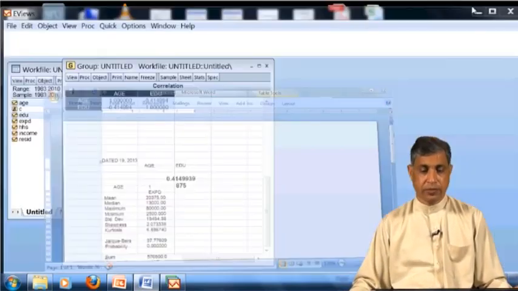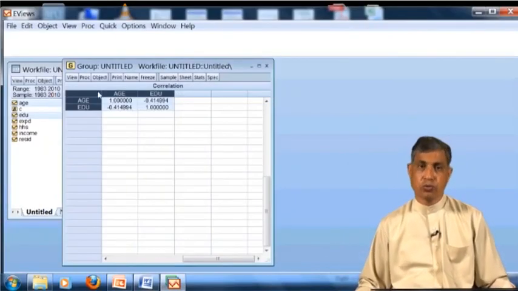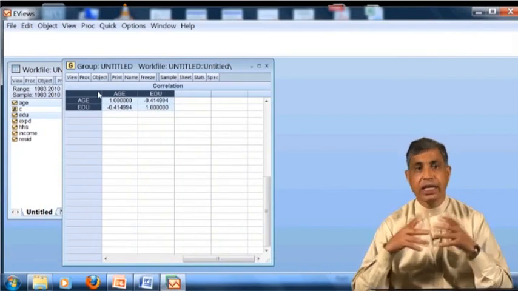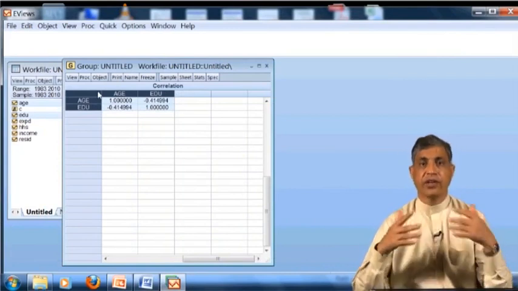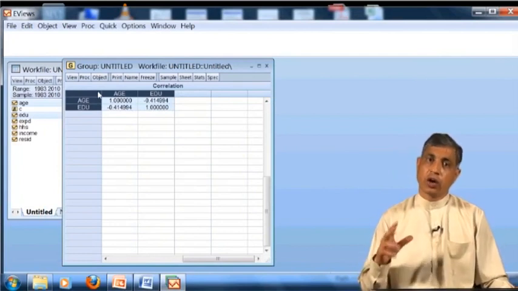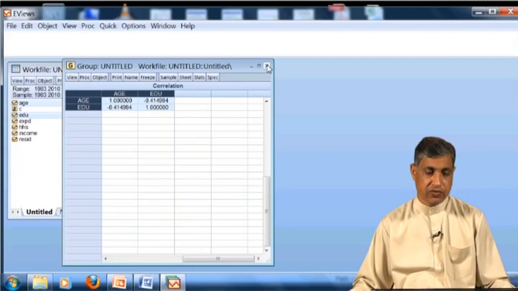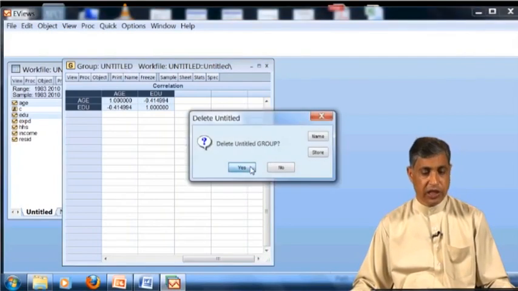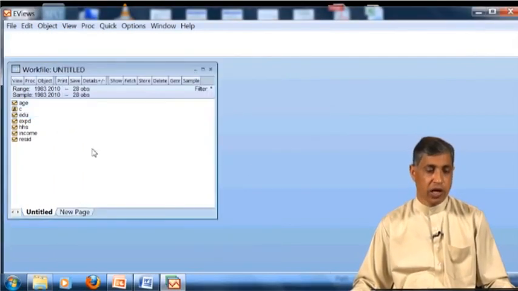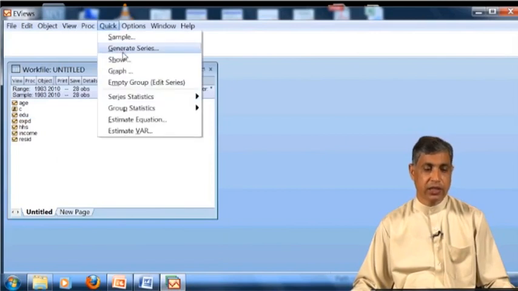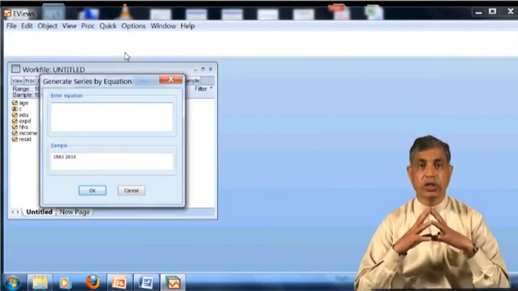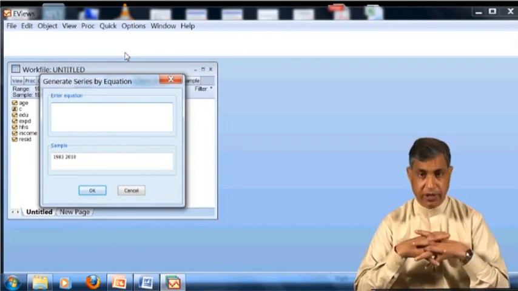So what we are going to prove is that if we change any of the series, the correlation between the series will not change. For example, I will discard this one and say okay, delete this one. I would like to go to generate series. I am going to generate a new series by adding or subtracting.